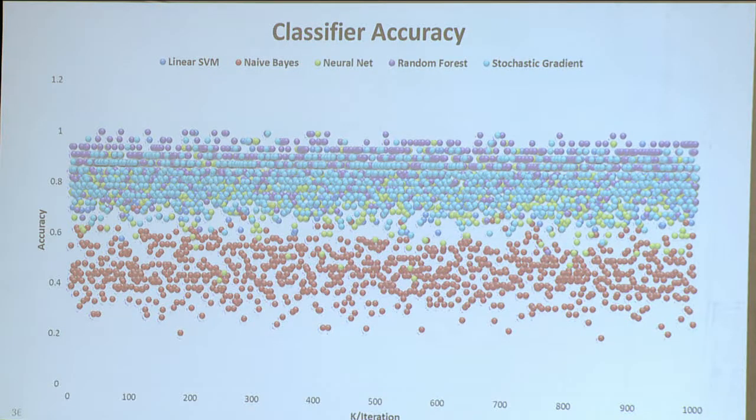So let's look at this. You already know how many there are. There's 1,000 points. Remember my K values? I multiply it by 100 times 10. That's why I like this K-fold stuff, because I can keep track of each one of these. And down below in red is, of course, our naive Bayes.